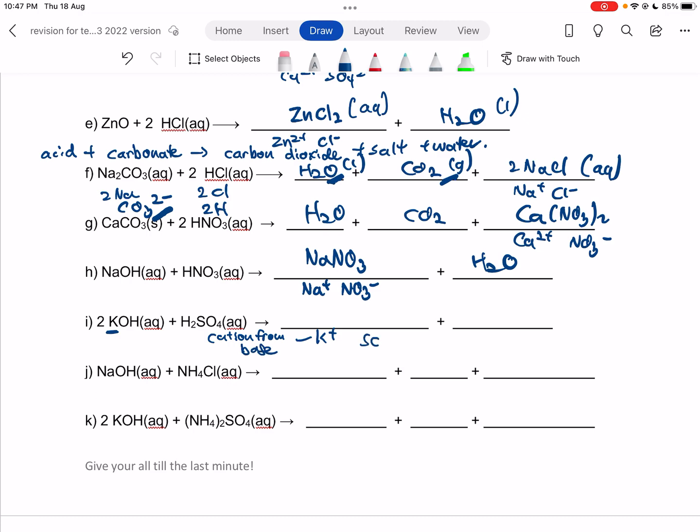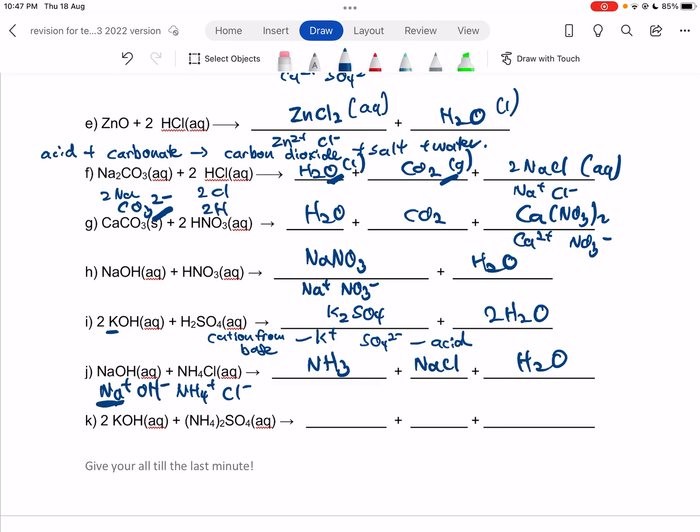Okay, the anion SO4 2- is actually from the acid, so it gives you K2SO4, then 2 water. Okay, next one you get ammonia gas, salt, as well as water. Right, so how I look at it is this way. Okay, this one you have NH4+ Cl-, this one Na+ OH-. Okay, so the first one